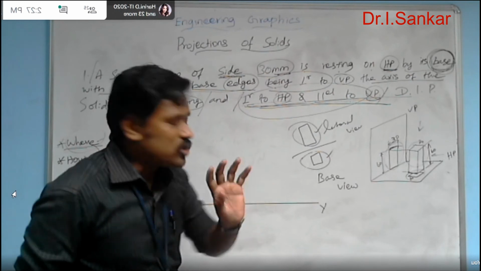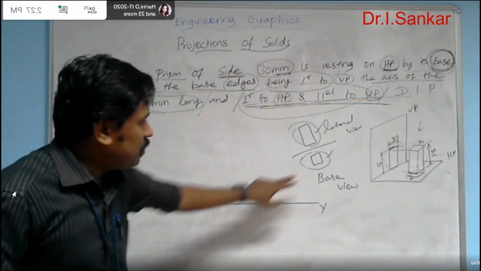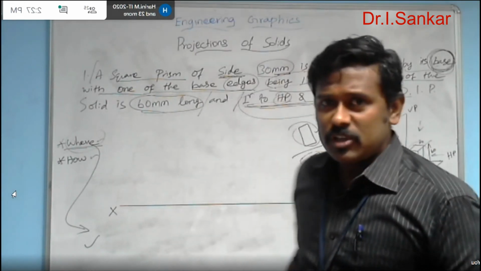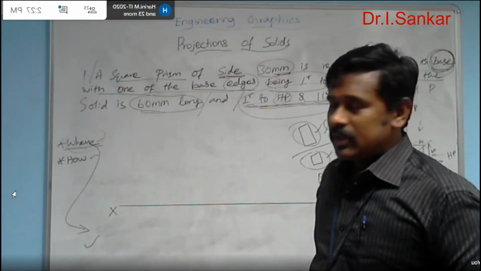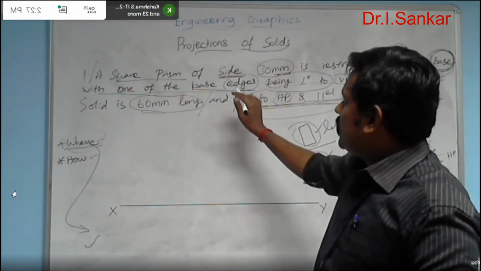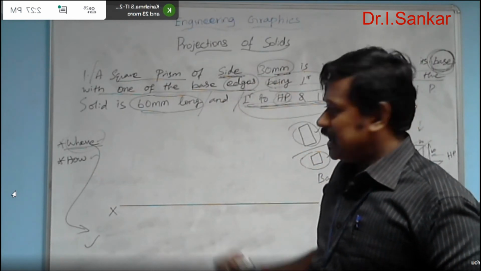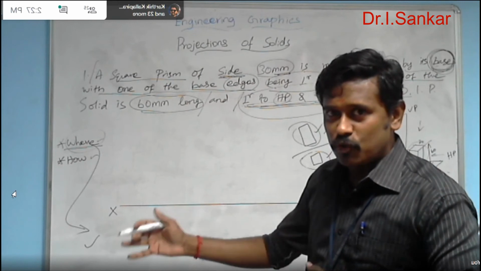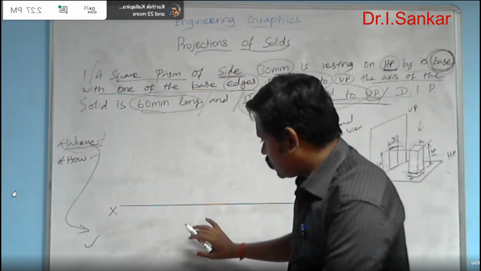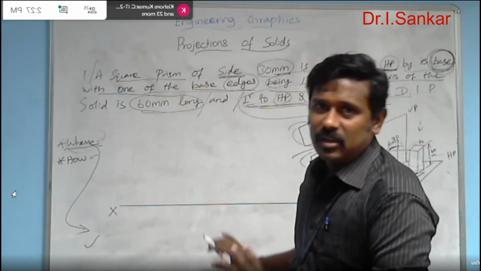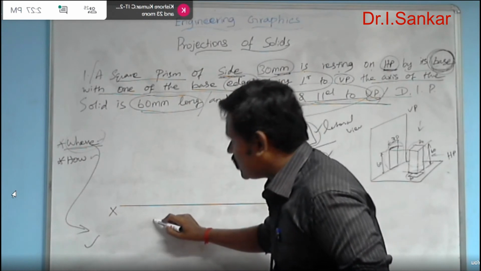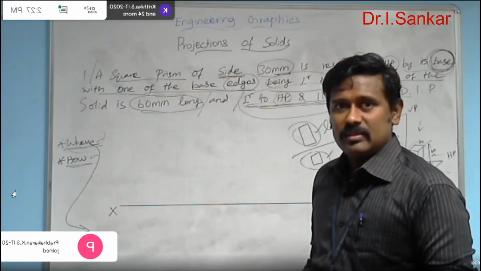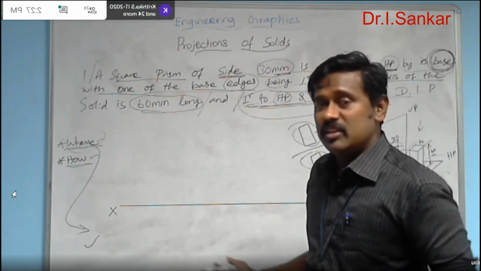Always you need to start your answer by drawing the base view only, because by base view only you can start. So in this question also, the base view is a square. It is obtained in the top view. Up to this much we decided so far, and now I am going to draw a square base in the top view. In which way do I need to draw? That is the second checkpost question. How should be the base? Where should be the base? You identified it is in the top view.